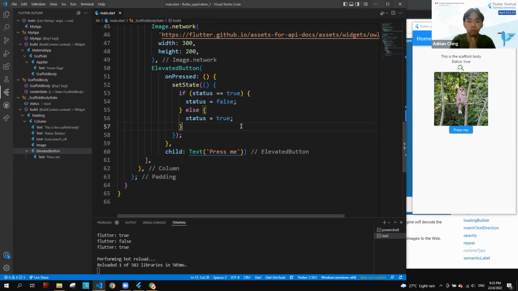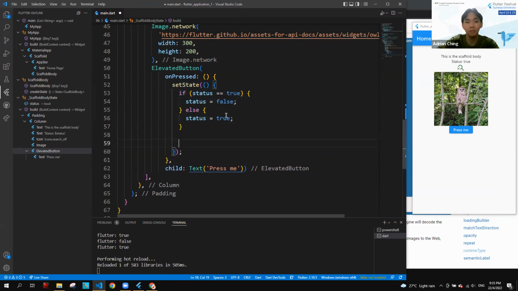Now it's toggling. Yay! Right. In Dart, there's this thing called a conditional operator. So for if-else statements that are simple, like this one line kind of changes, you can use a conditional operator like this. So this is the syntax of a conditional operator.